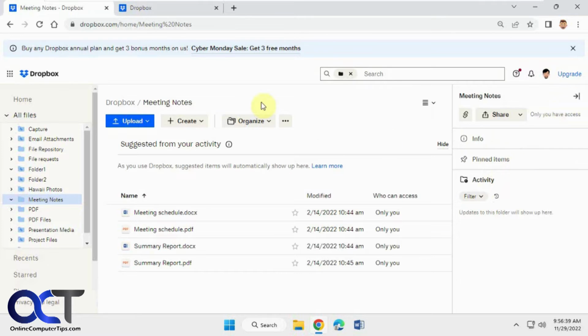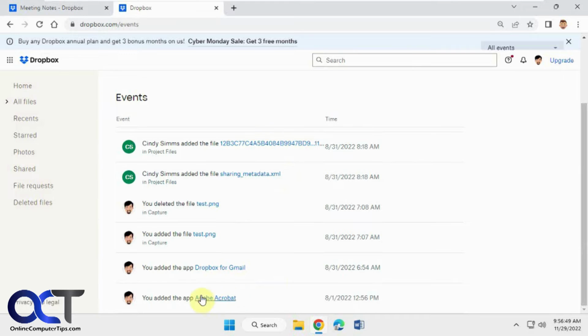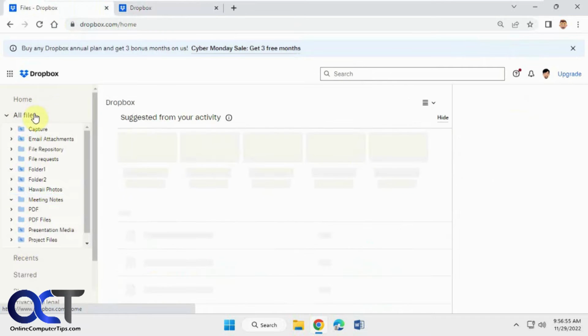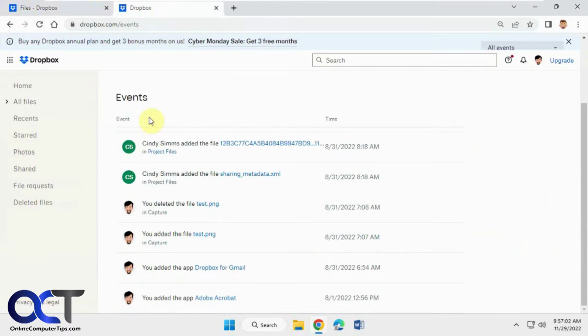So then for events, the easiest way to get to it is to go to dropbox.com/events, and if you're logged in, it'll take you to your events page here. And you can see that it's similar, where it has the same test files here that we saw in the all files here. But what the events will show you is if you've added apps and other things,